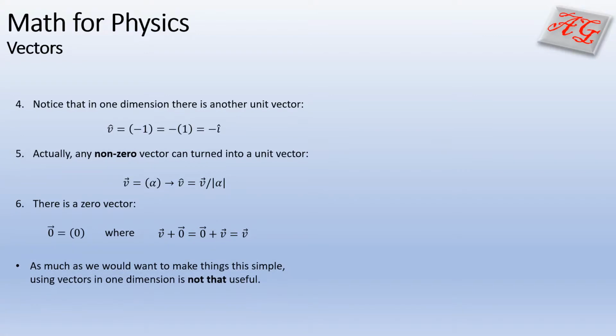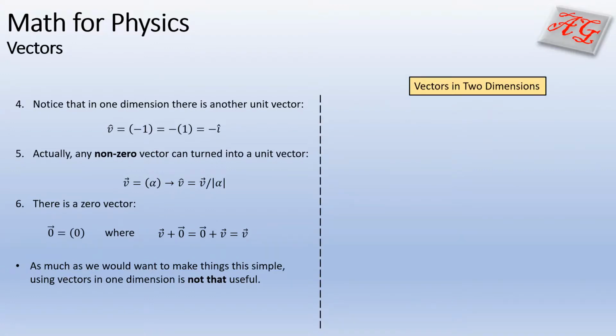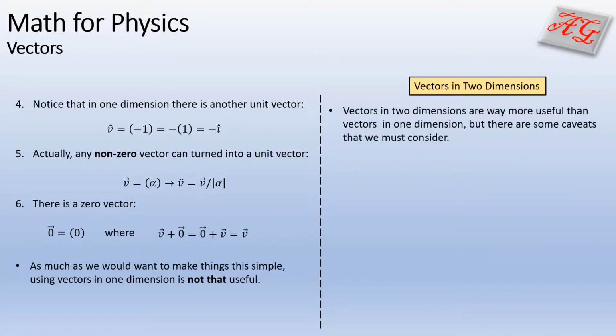So one-dimensional vectors have been very useful in helping us elucidate some of the basic properties of vectors. However, vectors in one dimension are not really that useful to describe the world in which we live in, that is, three-dimensional. So we are now going to take a look at two-dimensional vectors. Of course, vectors in two dimensions are way more useful than vectors in one dimension, and actually it is in